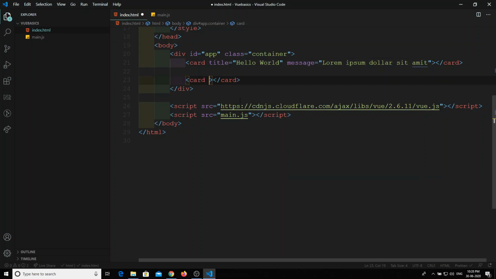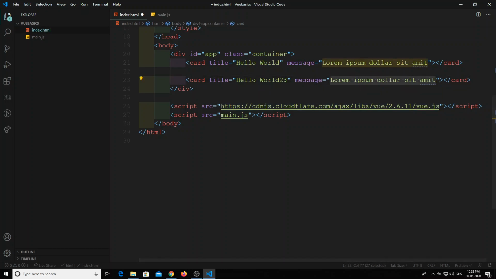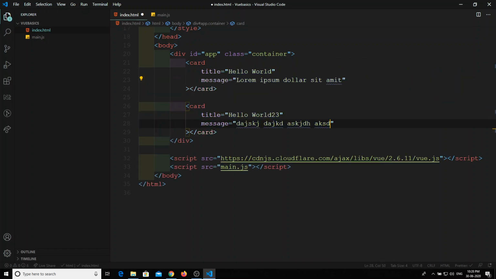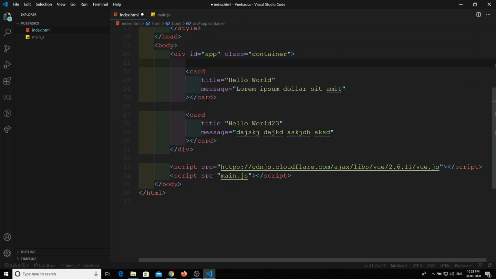And here also I am sending hello world 223 or something like that, some random data. So these are the two components. Now for this card component, I am trying to send the data, title and message, to the component, so that you use this title and message in that component.